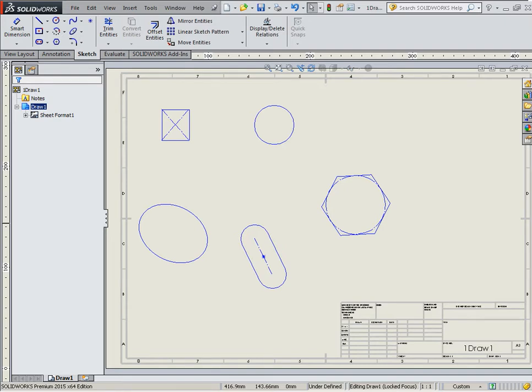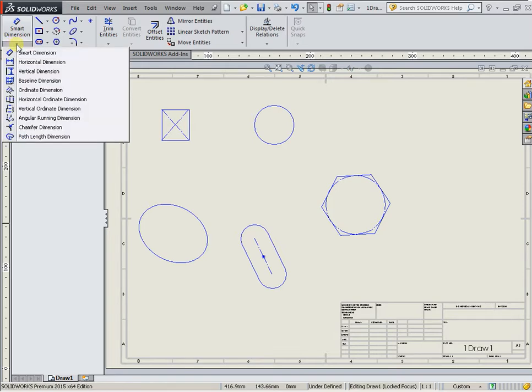Dimension tools in SOLIDWORKS are located on the Sketch panel. In the drop-down menu, select Smart Dimension. By activating the specific command, click the object to be dimensioned to enter